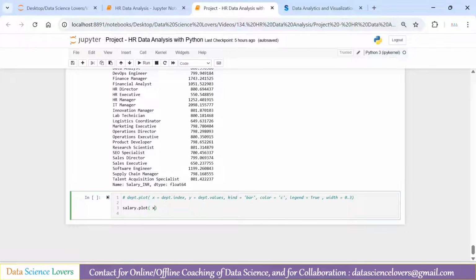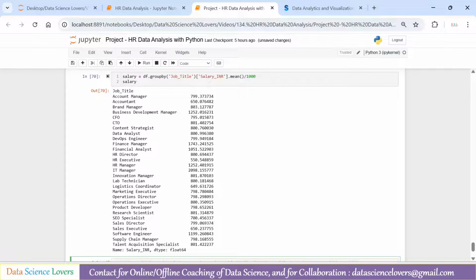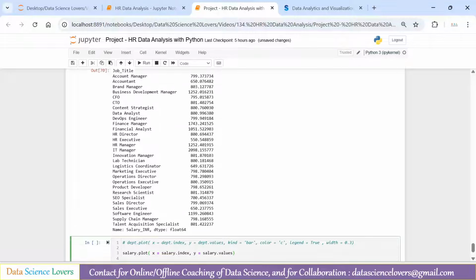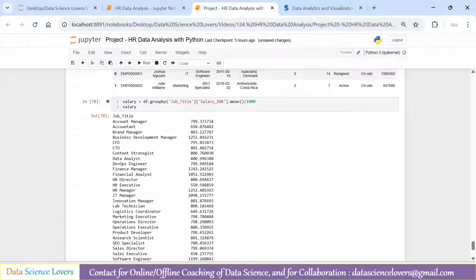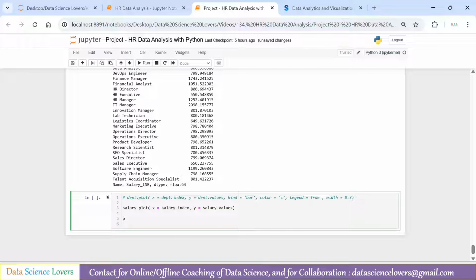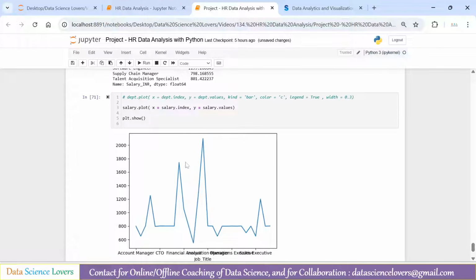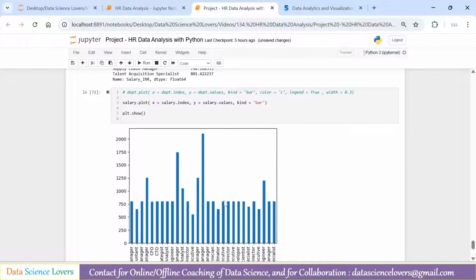Okay, so for the x-axis parameter we have the index here, salary dot index, then we have y, here we have salary dot values, meaning these values on the y-axis and this one on the x-axis. Okay, and first of all I am showing how it will look. It will look like this. It is drawing a line chart by default. Now we have to pass the parameter kind equal to bar, then it will draw a bar chart or bar